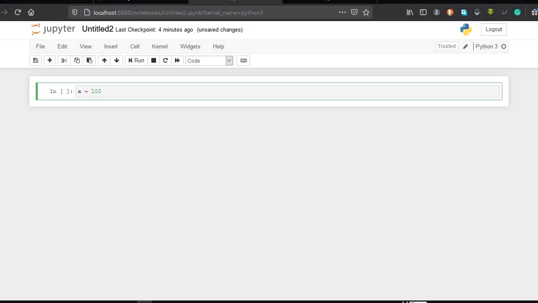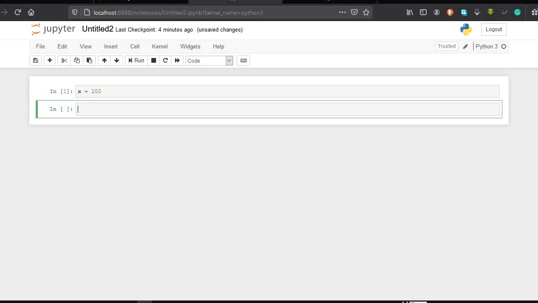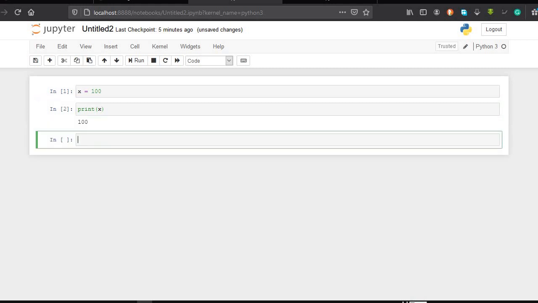Now a value 100 is assigned to the variable x. That means the variable name is x, which holds the value 100. Okay. Now if I print x here, this should give me 100 as an output. See, it has given 100 as an output. That means this variable named x holds the value 100.